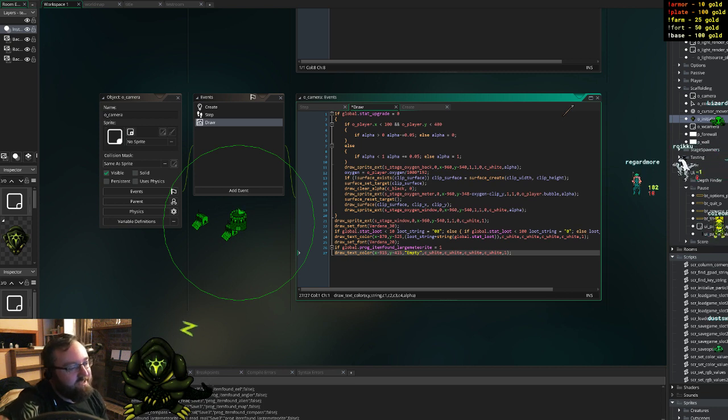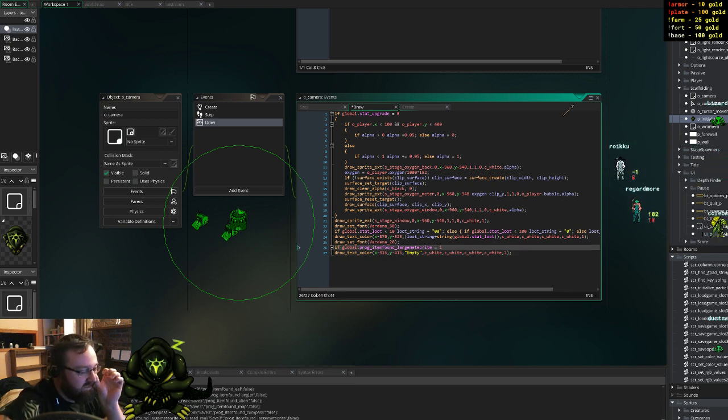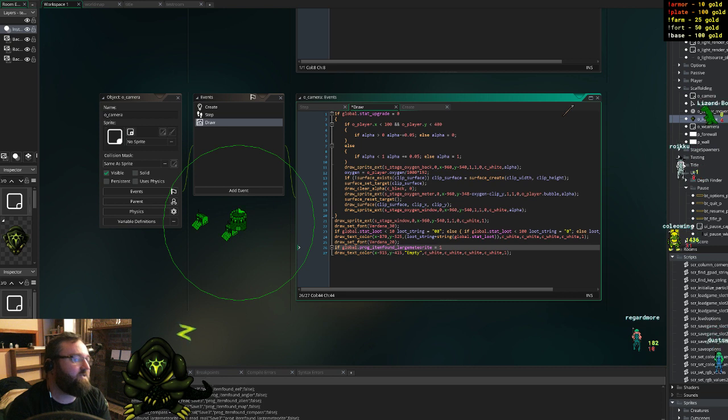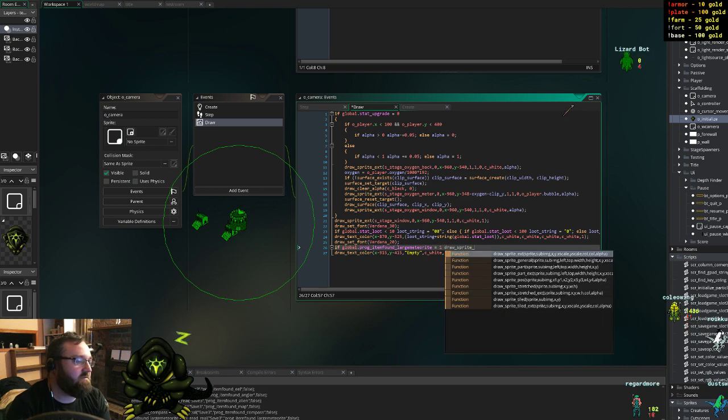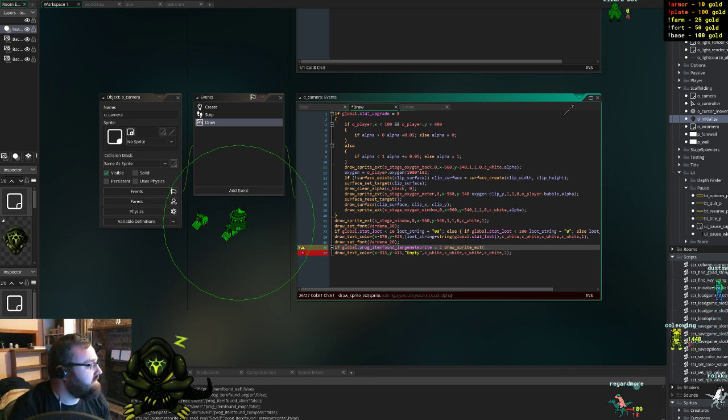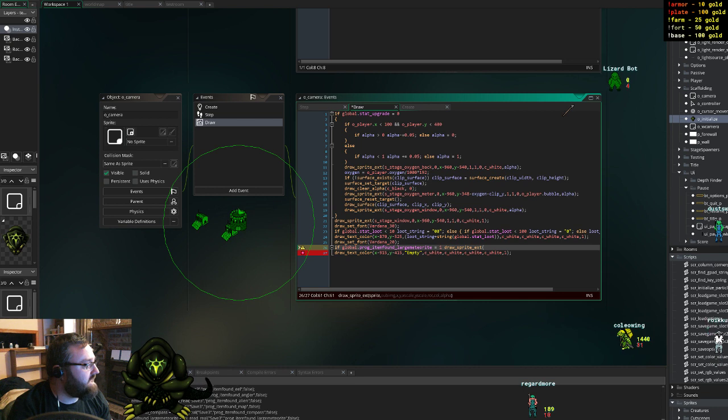I mean, I could do something like, it seems redundant to check to see if any of them are on, and then check to see which one of them is on. So I think I'm just going to do it like this, and then draw sprite extended. Okay, draw. Oh yeah, I've written this down, which is at